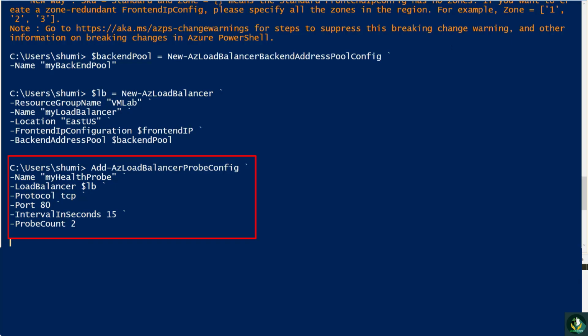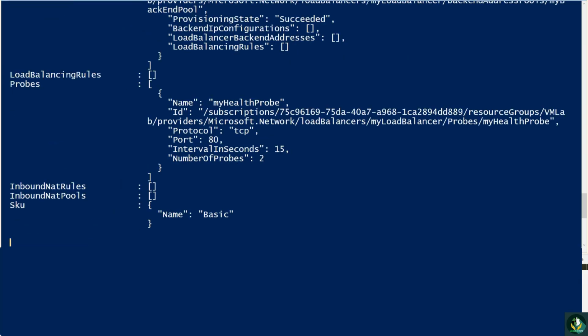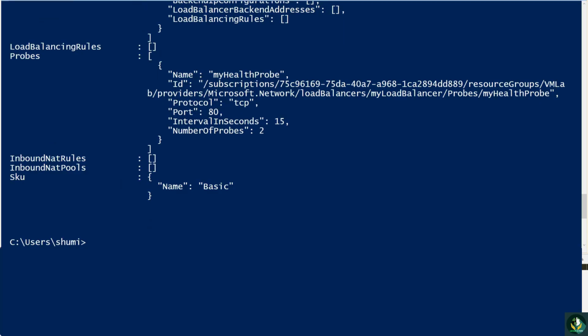The Add-AzLoadBalancerProbeConfig command is used to create a TCP health probe. So create a port 80 TCP health probe for my load balancer by running the following command. Add-AzLoadBalancerProbeConfig, name myHealthProbe, LoadBalancer $lb, protocol TCP, port 80, IntervalInSeconds 15, probe count 2. After creating the health probe, run the following command to apply the probe to the load balancer